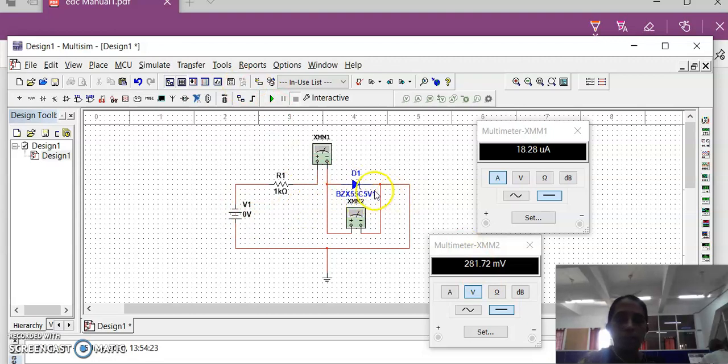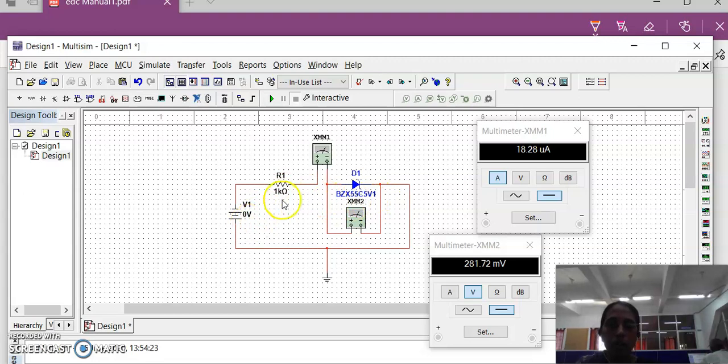Now in which mode is the diode connected now? The negative terminal is connected to P and the positive terminal is connected to N. Okay. That means the diode is now going into the reverse bias condition. Here 5V1 is nothing but 5.1. The Zener breakdown voltage is nothing but 5.1 volts according to this model number.